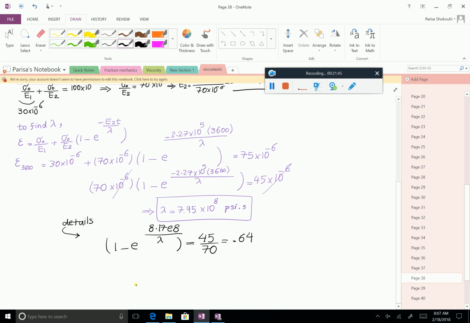So e to the power of what we had before, which is just a multiplication of the E2 and time that we obtained earlier, is going to be equal to, I'm just moving it to the other side, 1 minus 0.64, which is 0.36. So I'm just moving it here, and now